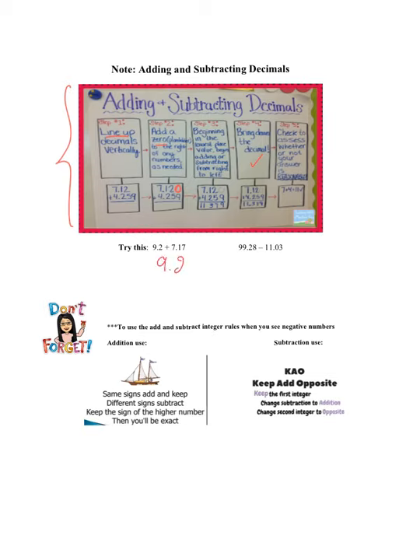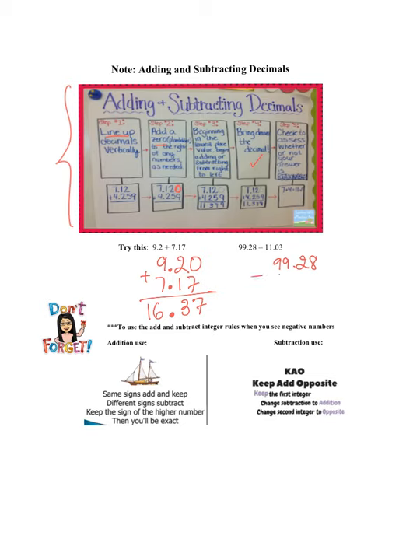So we're gonna line them up, line up the decimal. After that, you're gonna fill in the 0, and then we can start to add. 0 plus 7, 7, 2 plus 1, 3, 9 plus 7, 16. Bring down the decimal. So 9 plus 7 is 16, so whatever the decimal is close. Number 2,